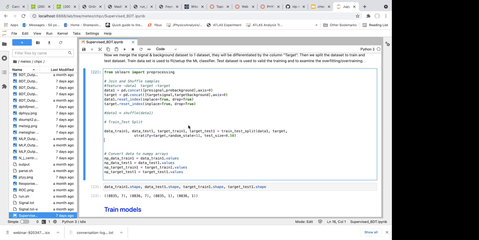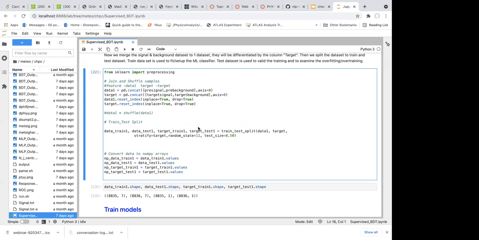Here what we are doing is that we split the data set into the training and the test part. Later I will explain why we need the test data set. This is extremely important. If we don't have the test data set, we can get all kinds of results which are unrealistic. Here we set the test size to 0.5. That means 50% of the data points, the rows, randomly go to the training, and 50% will go to the test.